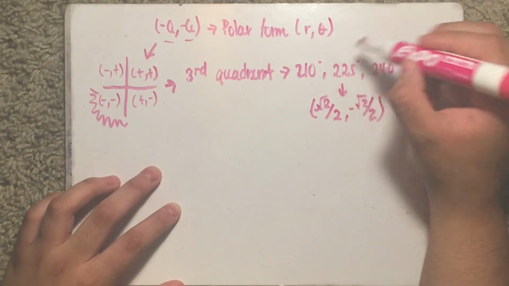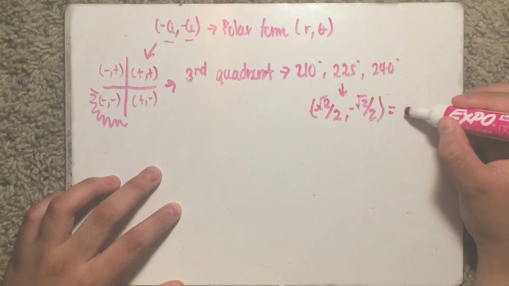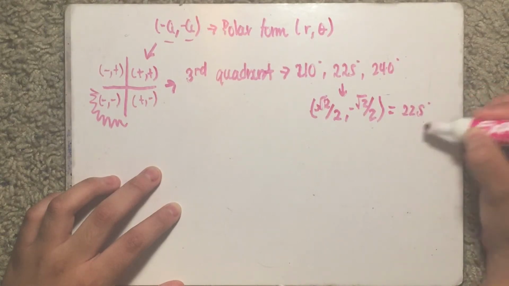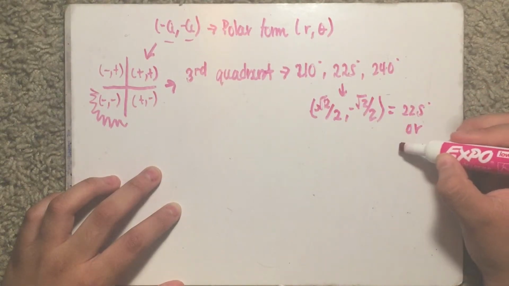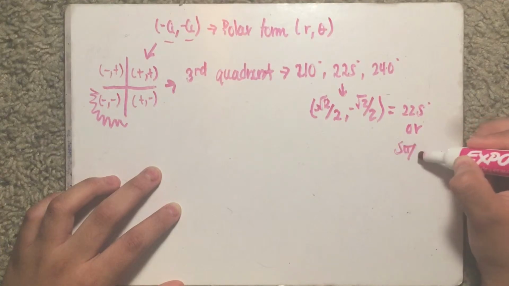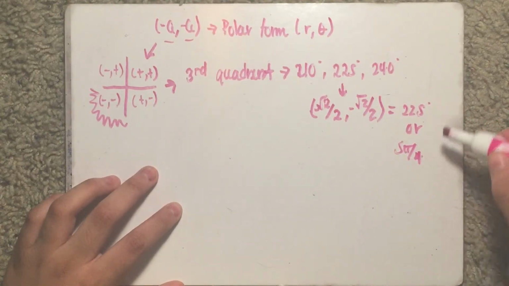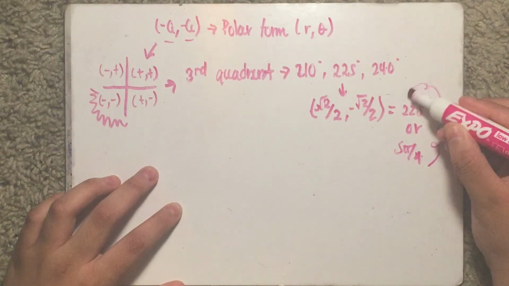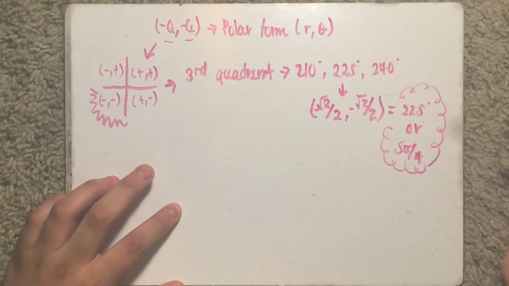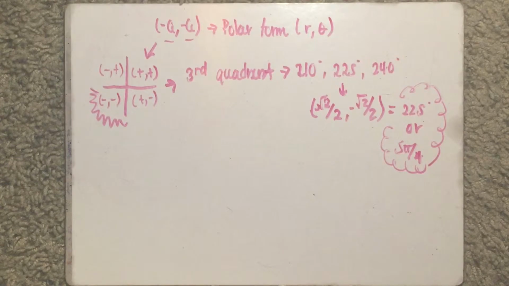And because both the x and the y have 6, we can say that the angle is 225 degrees, or in radians, 5 pi over 4. So now that we have the angle,